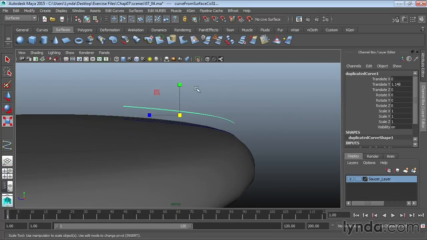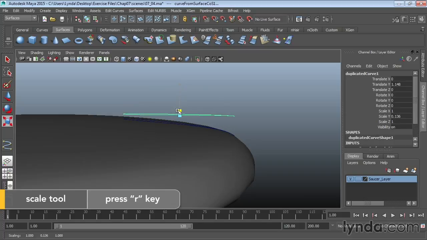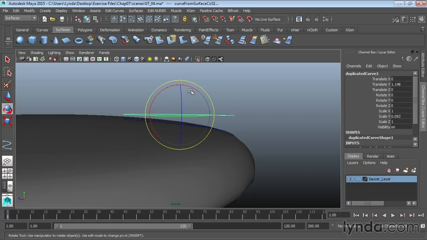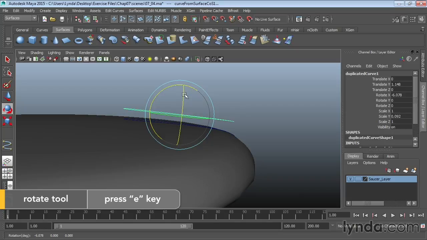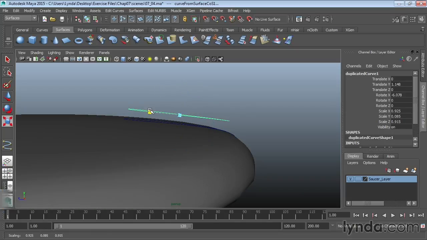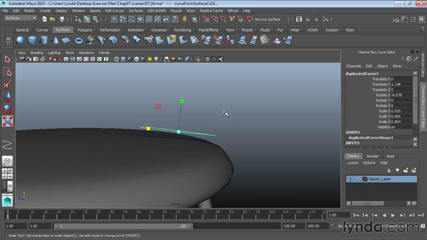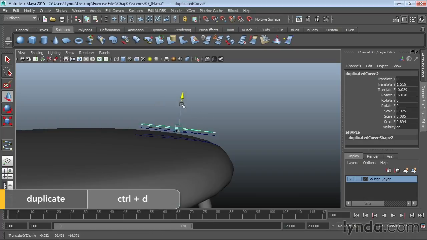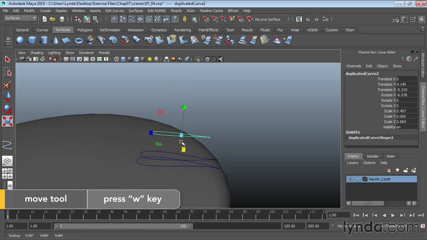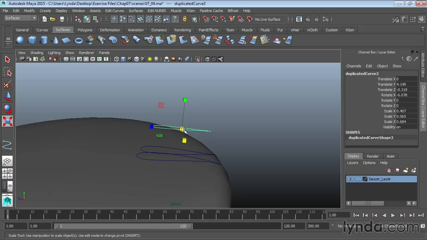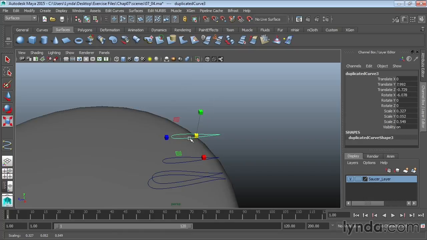and that will make it a little bit easier to work with. And then I'm going to also use my scale tool to kind of flatten out this curve just a bit, and then just maybe rotate it, and maybe also scale it because the tail is going to get a little bit more narrow as we move up. So I'm just going to make a few of these outlines here, and we'll just do a rough one. So I'm going to again do Control D to duplicate. Move that second outline up, scale it, make it a little bit narrower. One more, Control D, move it up. Now I'm trying to move this directly up in Y. Scale it, narrow it,